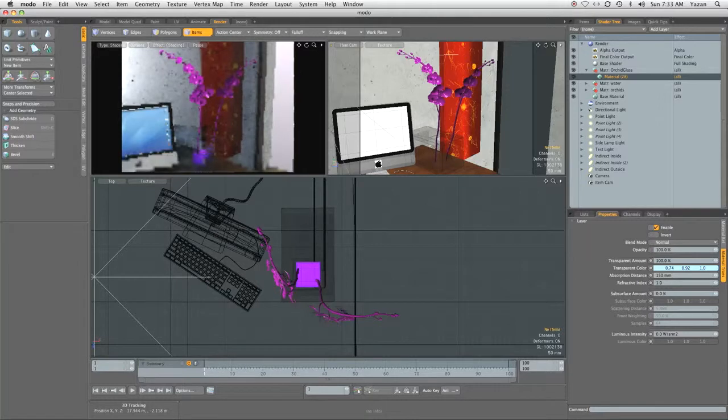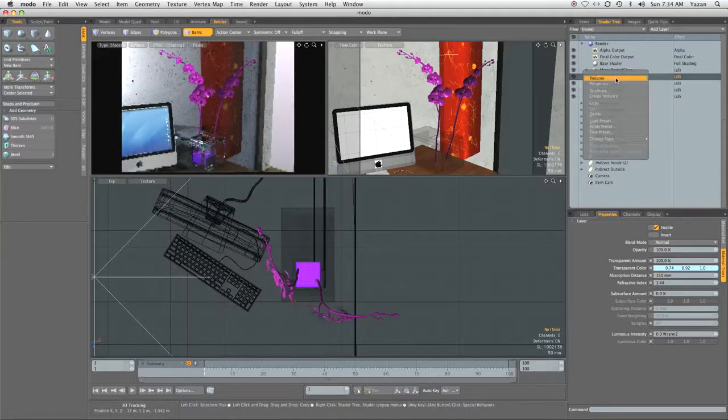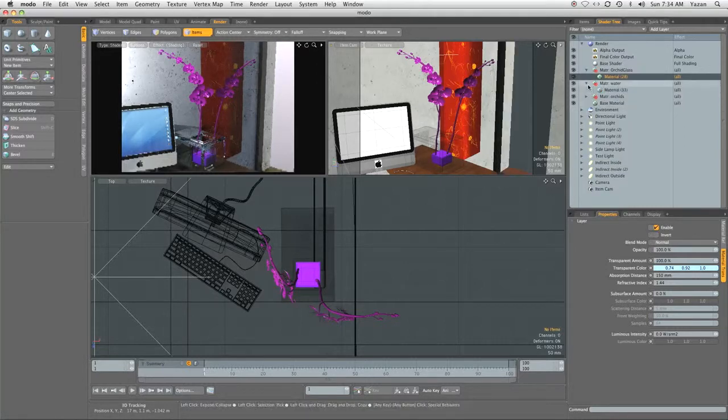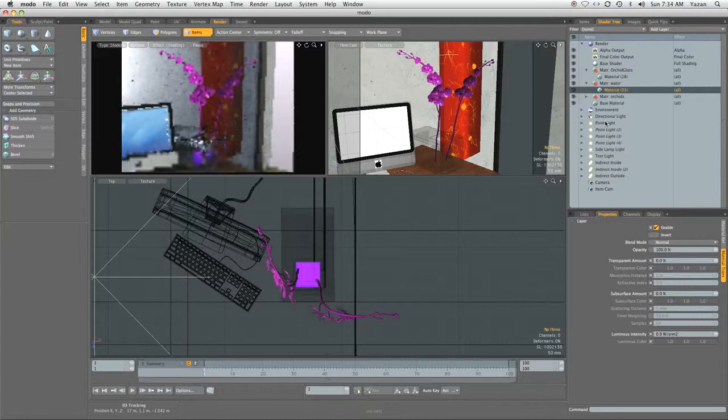Now the absorption distance for the light color will tend to fade the color off by the set distance that you have. And because of the shape of the vase, the color is going to vary from angle to angle given the refractive index of glass. We're going to set the refractive index of glass to 1.44. That looks pretty good. Okay, we're going to copy the same material, go to water, paste it,